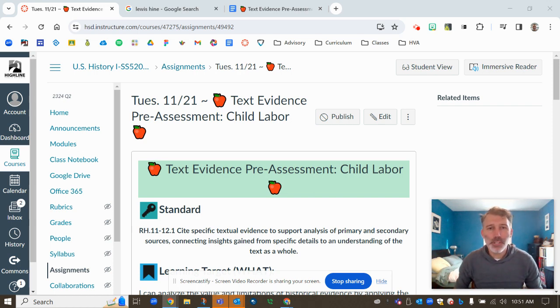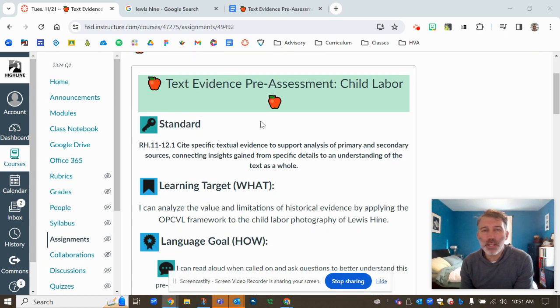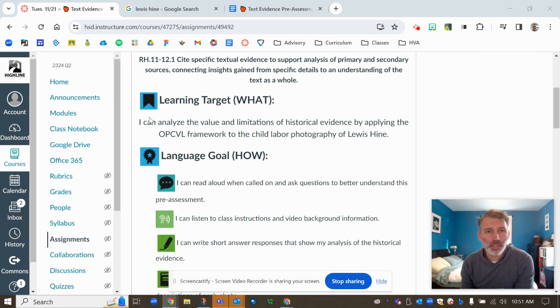Alrighty, U.S. history. We have our first text evidence pre-assessment today, and I wanted to give a quick video showing how it works. Here's your learning target. I can analyze the value and limitations of historical evidence by applying this OPCVL framework to the child labor photography